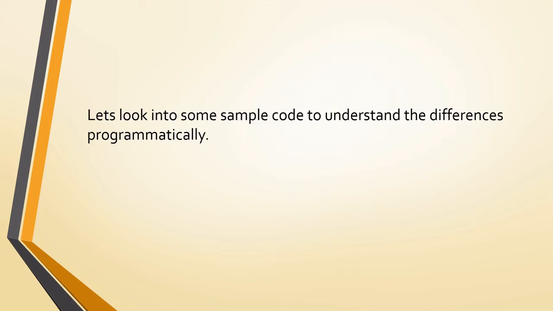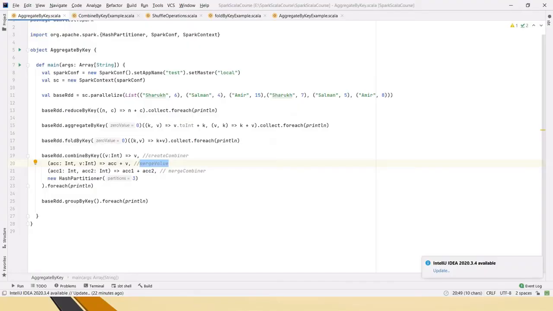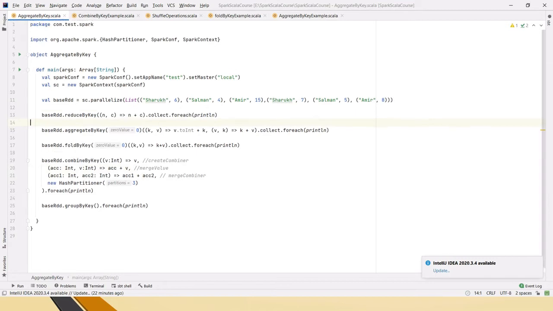Next, let's look into some sample code to understand the differences programmatically. So this is the sample code I have written to understand all these 5 different shuffle operations. The package will be created by default when you create a Scala object.